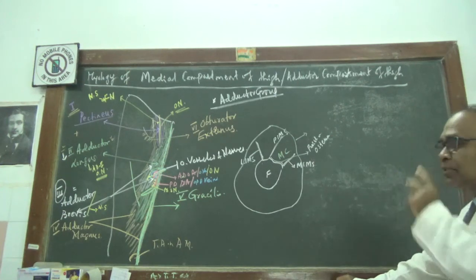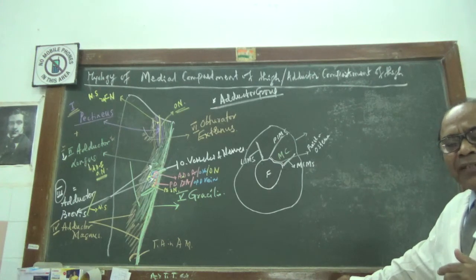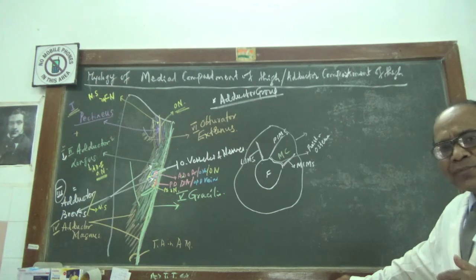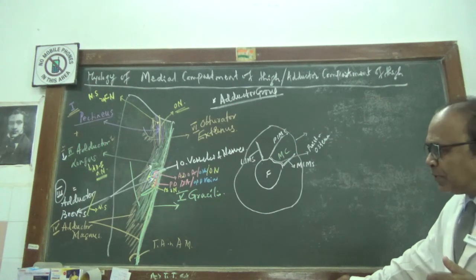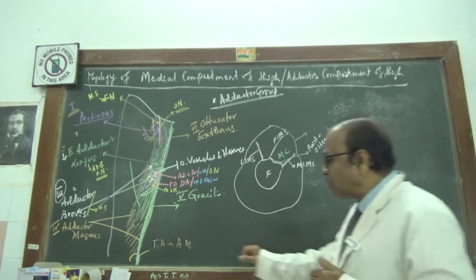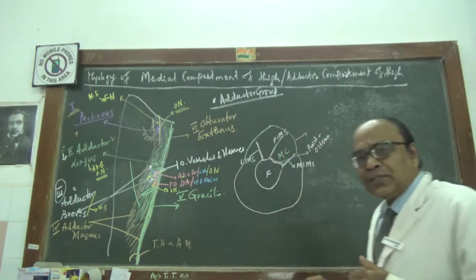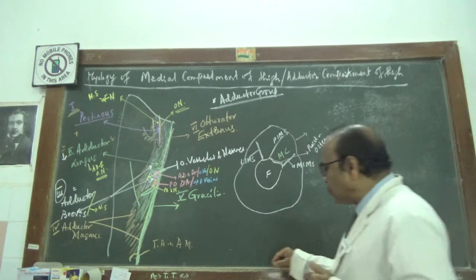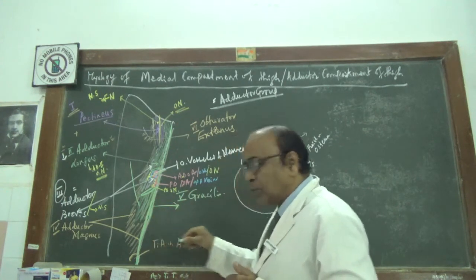Now this adductor magnus forms the hamstring variety, as well as the posterior lower boundary of the adductor canal. It has one opening, the tendinous aperture in the adductor magnus, which is present between the upper two-thirds and the lower one-third.